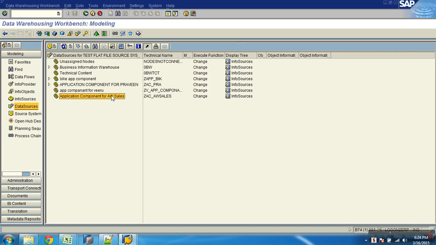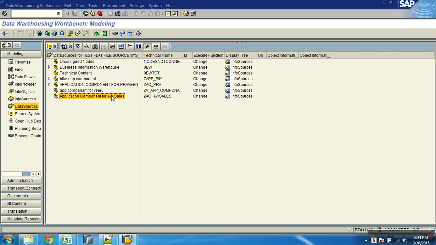Suppose I am extracting some data, so I am creating some data source. You are defining this data source targeting what? Attribute table, then I would create an attribute data source. If you are targeting a text table, I would create a text data source. If you are targeting hierarchy tables, then I would create a hierarchy data source. If you are targeting a queue, then a transaction data source.